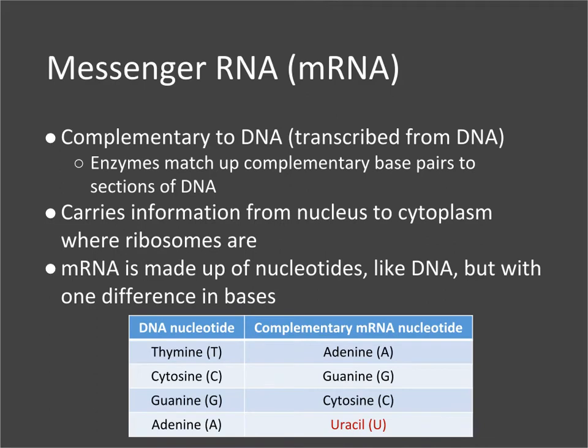During the first part of protein synthesis, known as transcription, a molecule of mRNA is made from a molecule of DNA. So a gene, which is, of course, a segment of DNA, gets converted into a molecule of mRNA. Now, this conversion happens through complementary base pairing, which is similar to what you learned when you learned about DNA